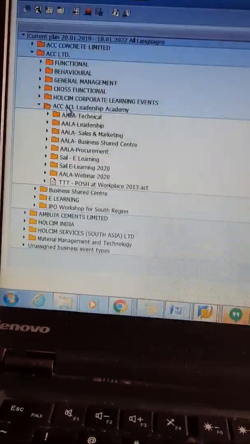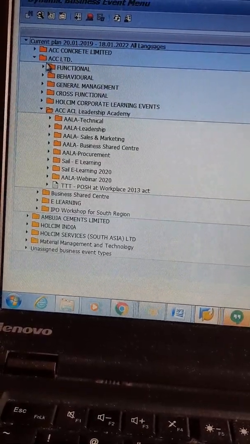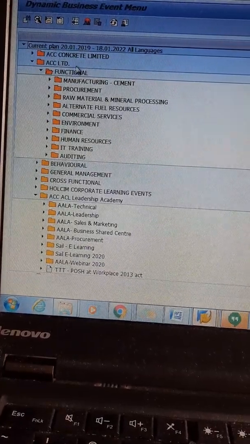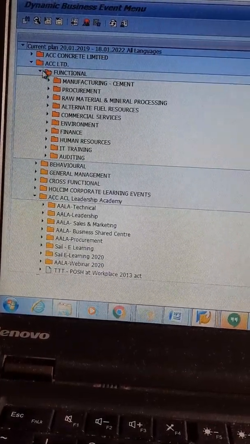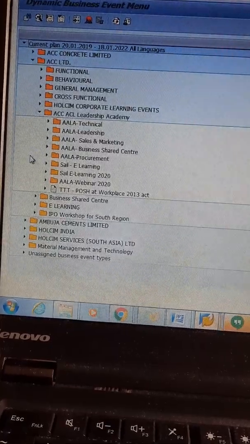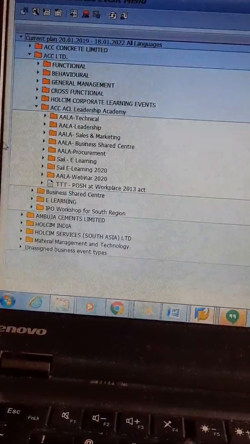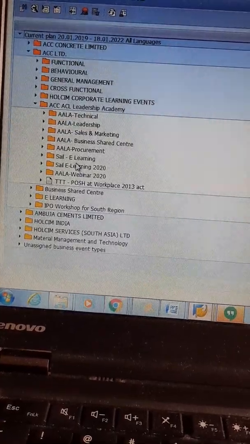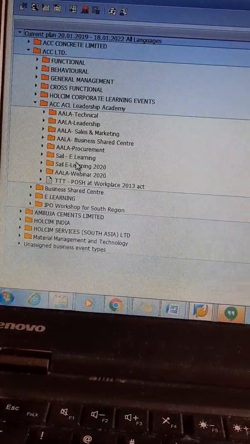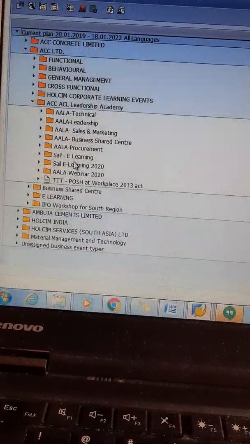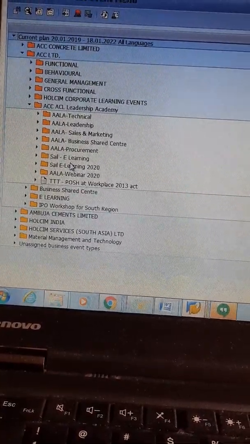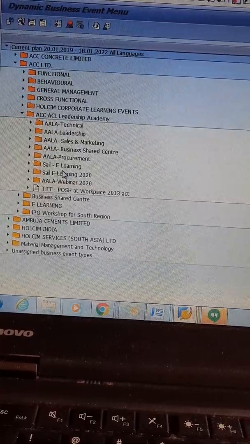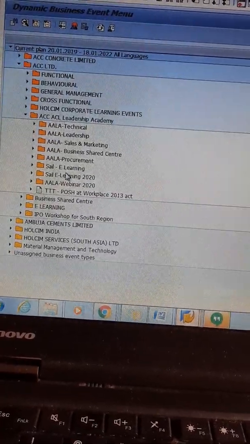I have created this functional folder. Under functional, I've done the activity in these folders. Whatever activity I've shown you, the same is applicable for any folder. The process remains the same. The event name changes, the group name changes, but the activity remains the same. Remember, the activity remains the same; the folder name and event name change based on your requirement.